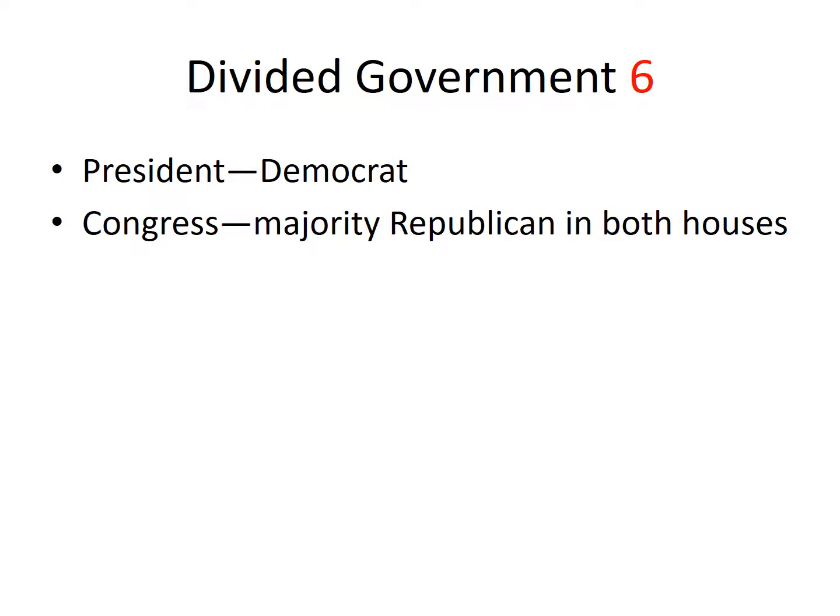Now, there are times, because of our two-party system and three branches of government, in which you have divided government. The last time we had divided government was when President Obama was in the White House, and you would have had then, at the end of 2016, a divided government, with a majority of the Republican Party in both houses and a Democrat president. That's when you have divided government. Sometimes you're able to get things done in that system of government, sometimes not. Depends on what particular goals you may have in the leadership and organization of the two major parties.